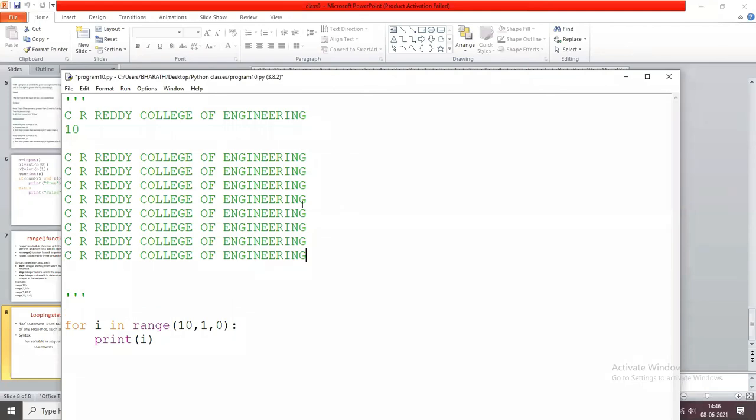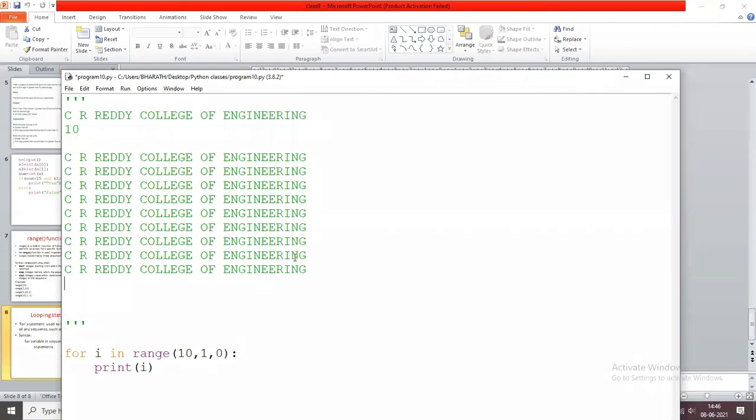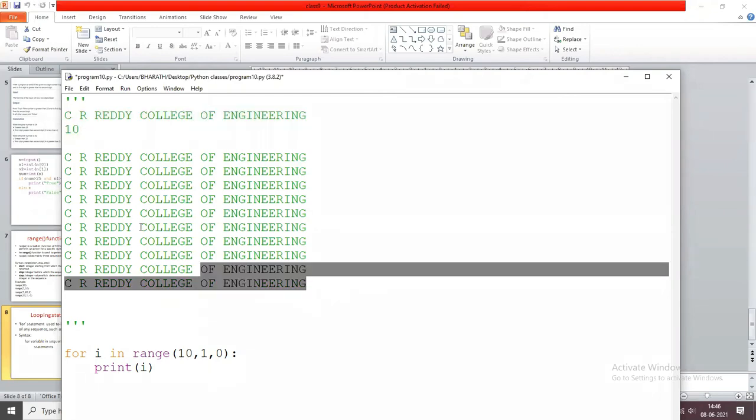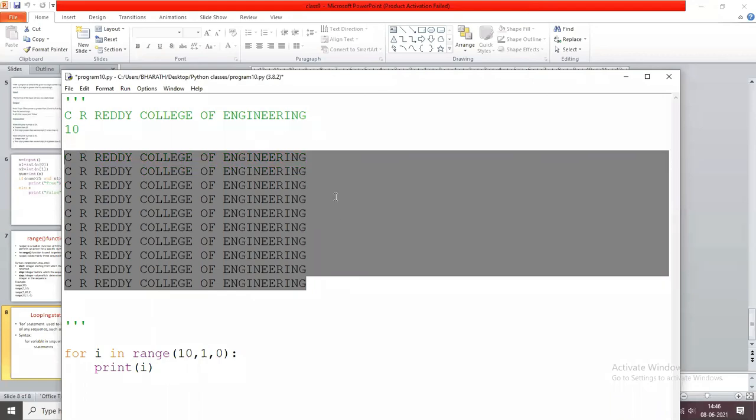So you are going to read a string from the keyboard and read the n value, and print n times whatever you read from the keyboard.